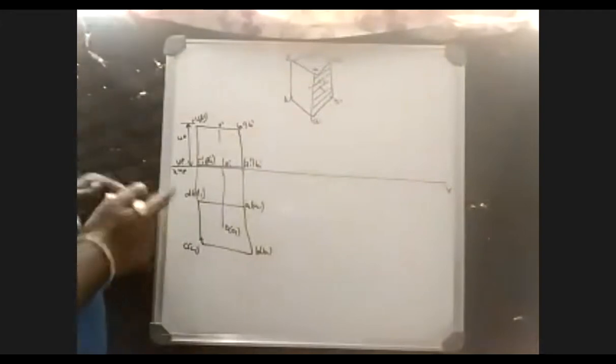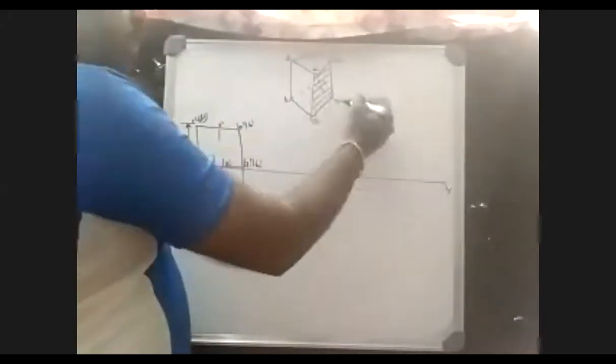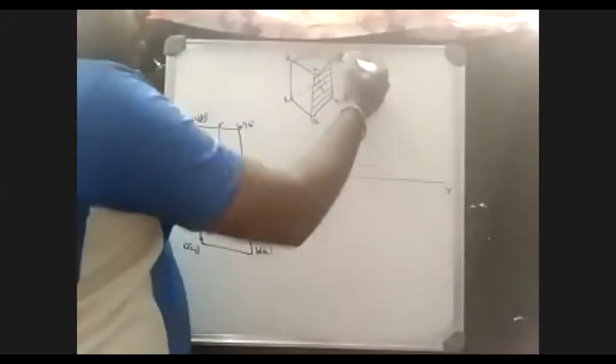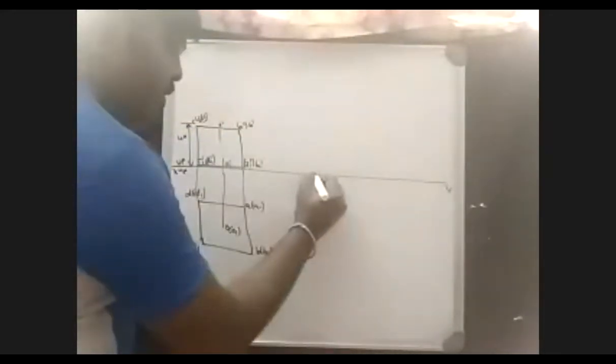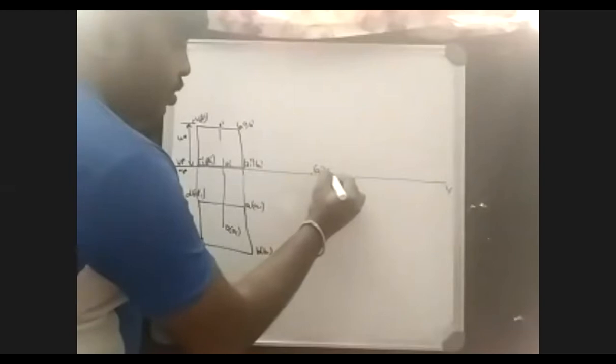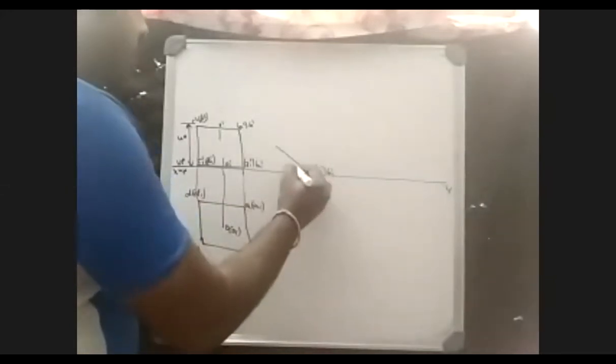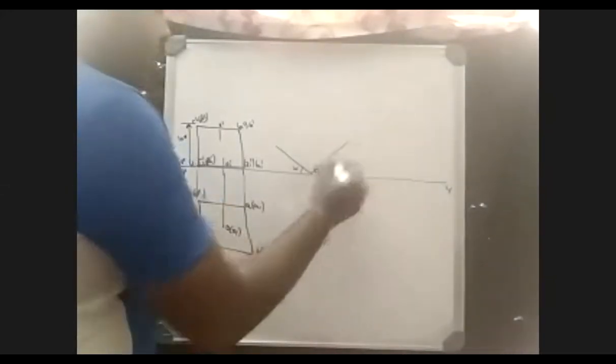It says that the lateral square face is inclined 50 degrees to HP. So which is the lateral square face? A1, B1, B. B1, B. This is the lateral square face which is inclined to HP, at an angle of 50 degrees. So keep A1 dash B1 dash on the XY line. If this is inclined 50, the base will be 90 minus 50, that is 40. So draw a line at an angle of 40, and meanwhile draw a line at an angle of 50 degrees.